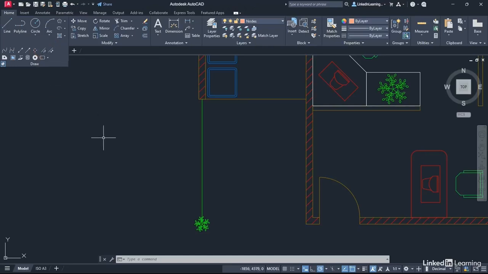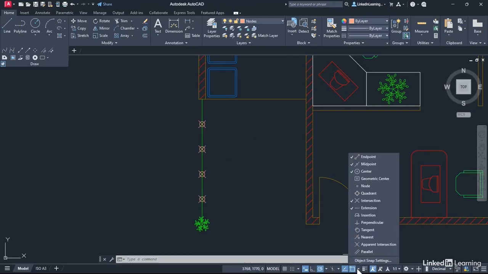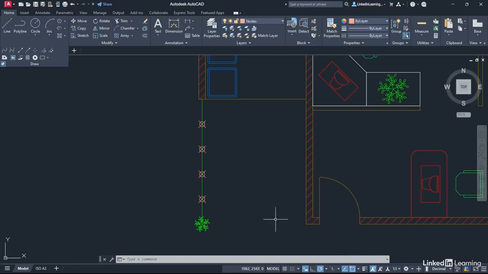Divide basically divides an object into equal segments. So if I now go up to divide, like so, and select our green line and say I want 5 segments, can you see it places a node at each of the segments? So if I now come down to my object snaps here and click on the arrow and switch node on so that I can snap to those nodes, and then click on the arrow again just to close the menu,